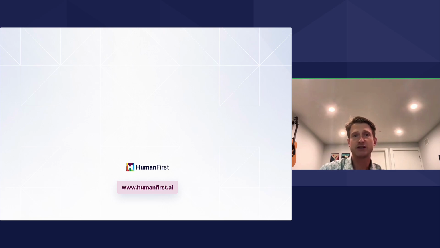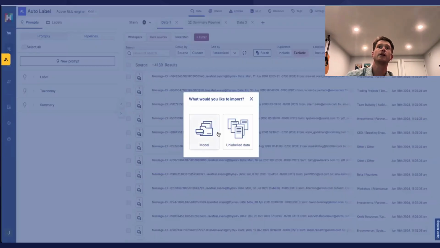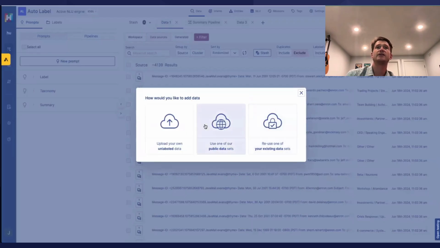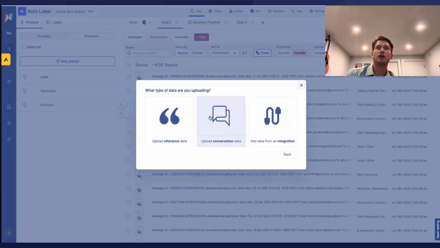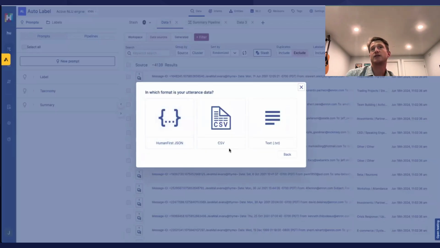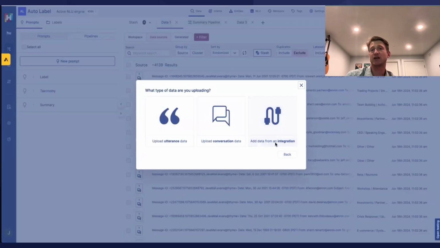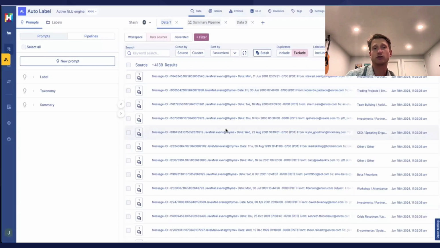Another question, how easy is it to import different types of data? It's fairly straightforward. There's a couple of simple data importers. If you've got some unlabeled data, we've got some public data sets that you can play with. If you've got your own unstructured data, we support JSON, CSV, text, or we can also build a specific integration to a system that you might have in place. We've worked with customers leveraging tools like Make or Airtable or other systems, or BigQuery is another that I mentioned, where you have a connector and you can automatically ingest that data. So we support a variety of different import types.